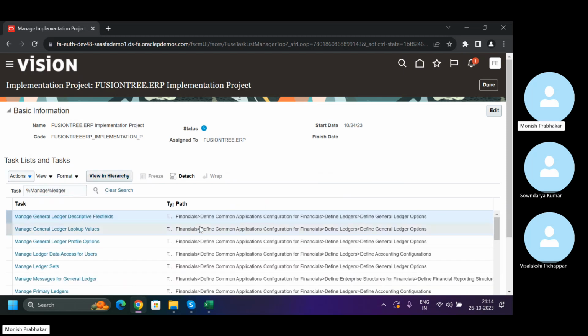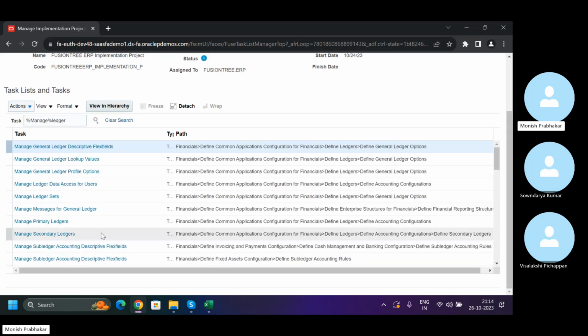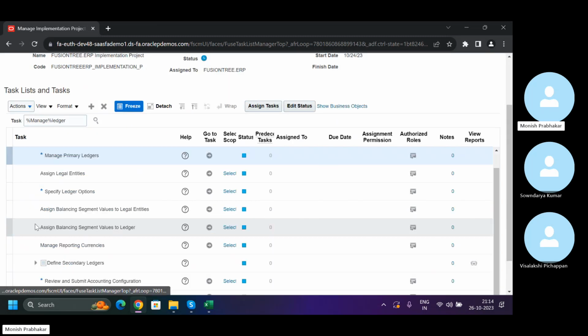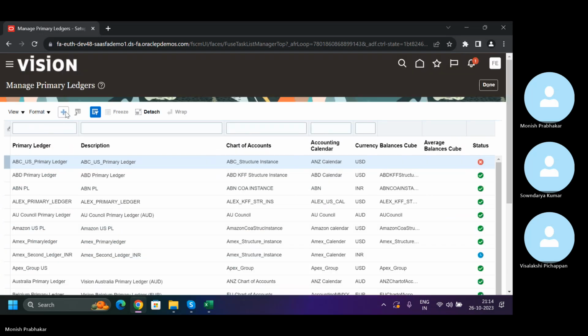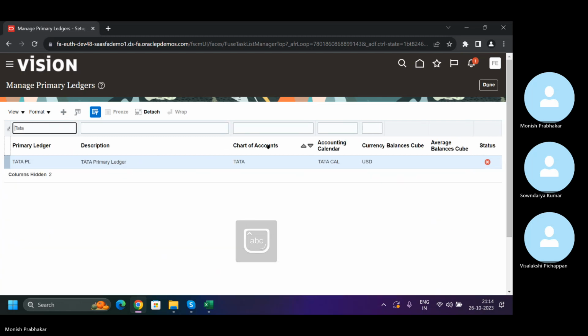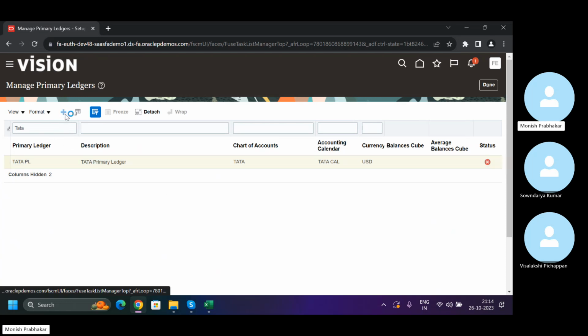Manage ledger, manage primary ledger. You can see a Tata primary ledger. The status is someone has indicated. Okay, we'll create then